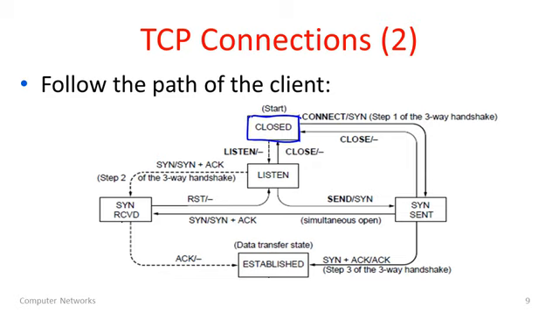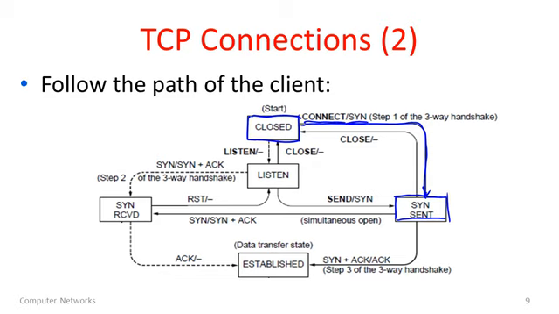Now, what will the client do? It was the active party that's initiating the connection. So it's going to call connect. That will take us on this transition line here down to the SYN sent state. And as part of that, the trigger was connect, but the action is send, so the client will send a